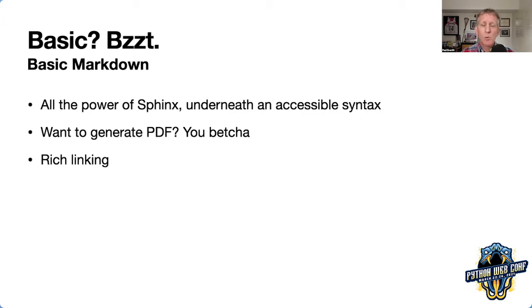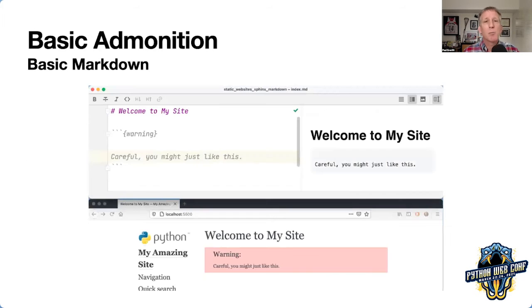So let's do a couple more things that are familiar if you're in Sphinx and see what they would look like in Markdown via MyST. Admonitions: I want to put a warning. I want to put a notice. I want to put an info, all those little callout block things that Sphinx makes so easy. This is how you would do it in Markdown with MyST.